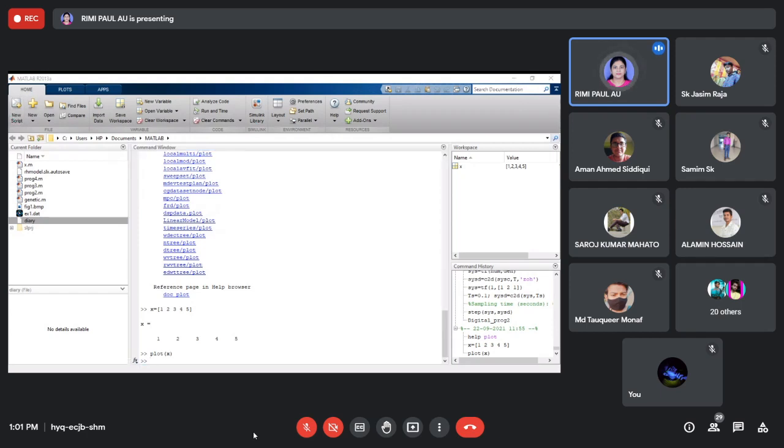Now a new window is opened. I am saying that you cannot see this, so I have to share it again. First you can see the new script. I just click the new script and a new window is opened. I am showing you the new window.